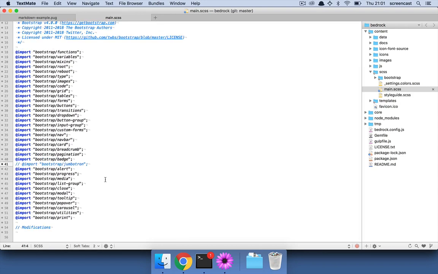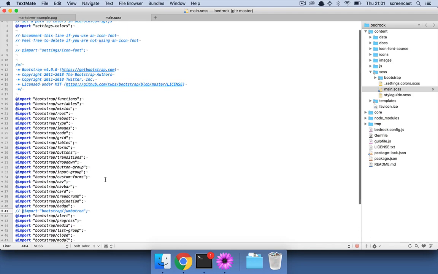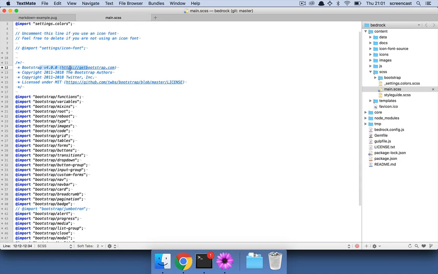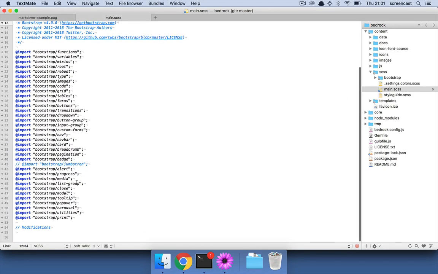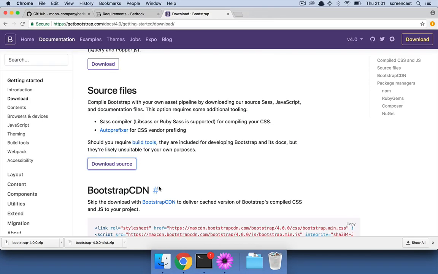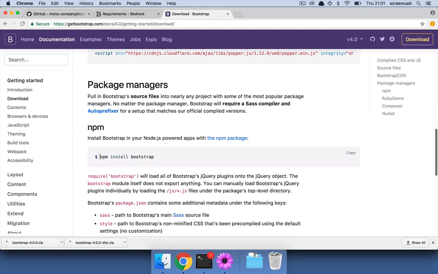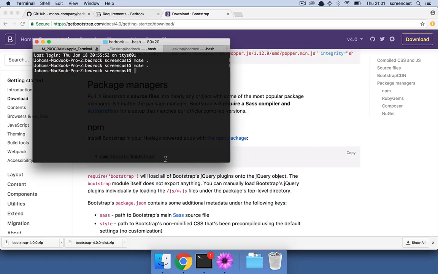Now there are some people who prefer to update Bootstrap in an easier way when there is a new version. Personally, I don't really follow the releases that much because, I mean, it took years to get a new version of Bootstrap, so I kind of stopped caring about wanting to update Bootstrap. But hey, maybe for some people, so I will explain the third method, which is package manager. So we have here this npm install bootstrap command,